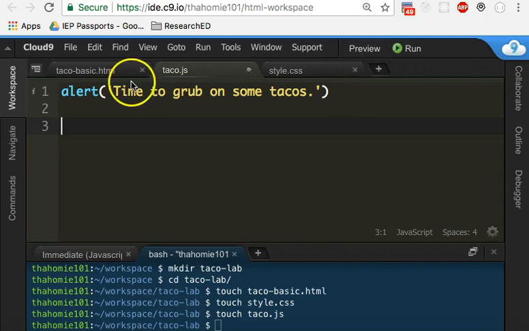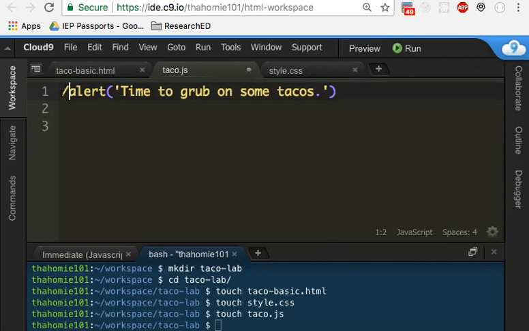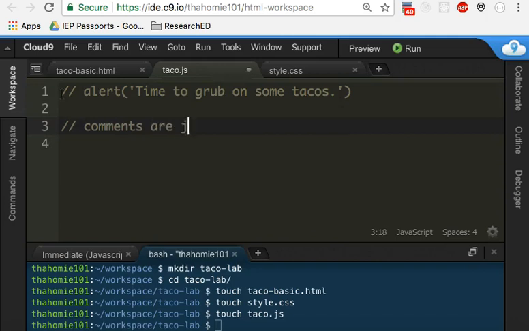So to make sure that it doesn't run anymore, just put 2 slashes in front of it and a space. When you put 2 slashes in front of your code in JavaScript, we call this a comment. Comments are just notes we leave for ourselves. This code will actually get run. The comment will just be saved in our code so other people know what's going on when they look at